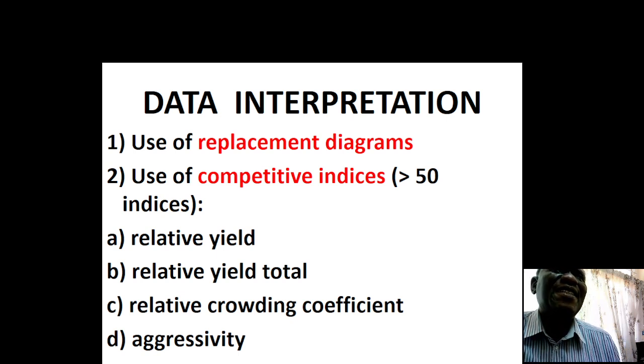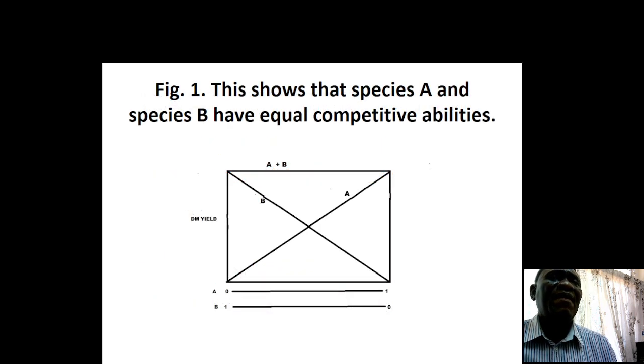Remember, there are more than 50 indices, so we just select a few, such as the following: relative yield total, relative crowding coefficient, and aggressivity. So if we focus on the replacement series diagrams,